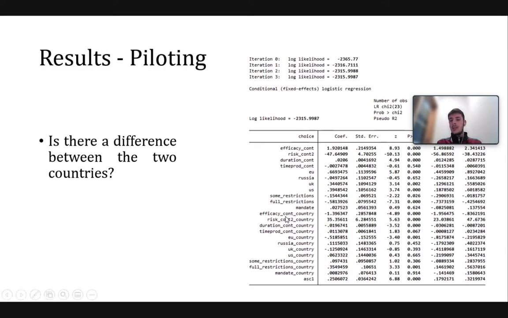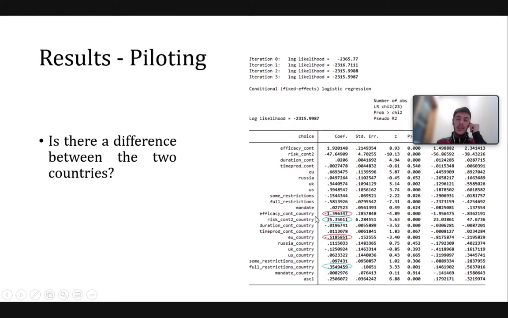So in this case, efficacy times country would tell me how important the efficacy of the vaccine is for the US sample compared to the Italian one, okay? And this is clearly not independent from the previous one, because this adds information to our results, right? And you already know this very well, I guess, so I'm not here to explain this and repeat information that you already know.